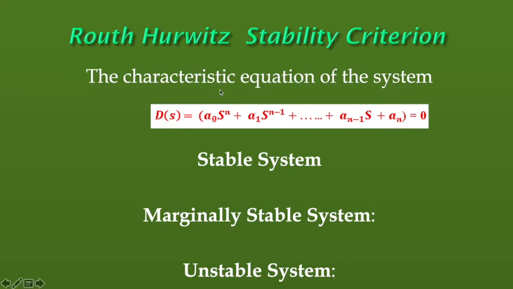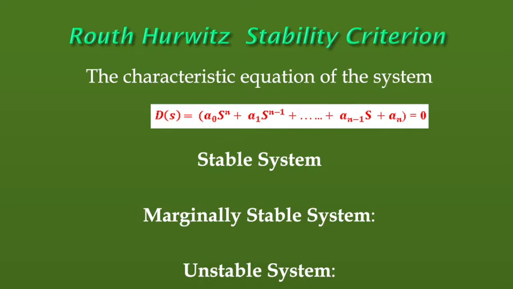Let this be the characteristic equation of the system. So this is an nth order characteristic equation. We use the Routh-Hurwitz criterion to check the stability of the system. The Routh stability criterion can be readily applied to the characteristic equation to find out the presence of roots in the right half without having to solve the actual equation. This criterion determines how many roots of the characteristic equation lie in the right half of the S plane.